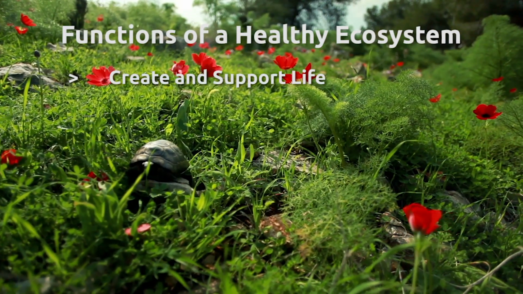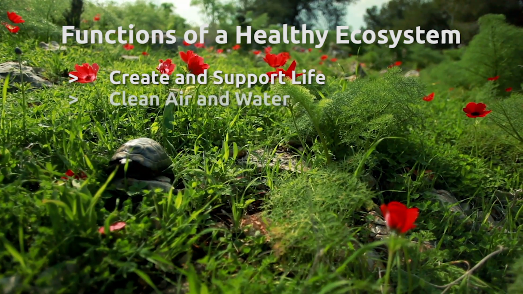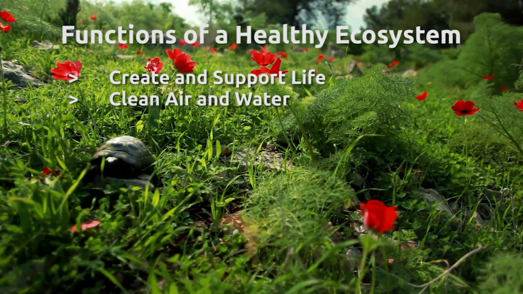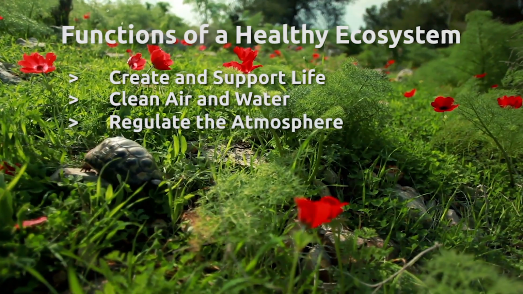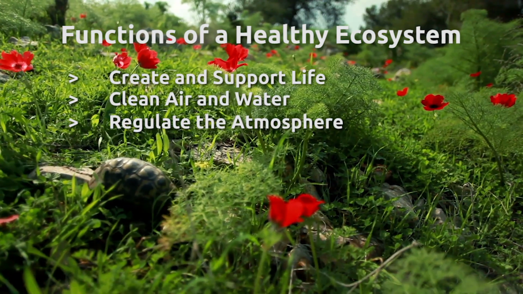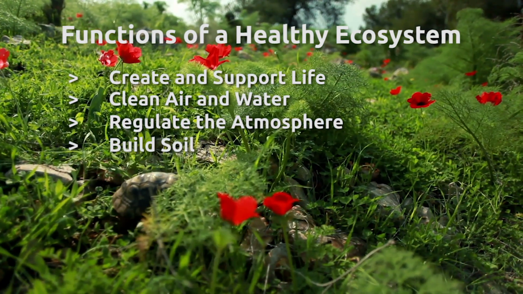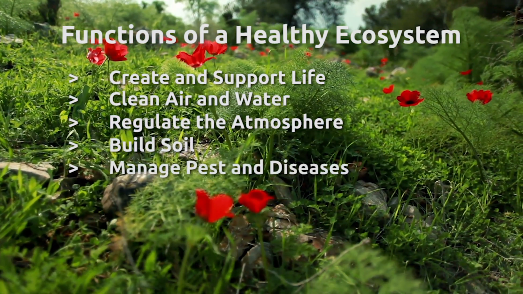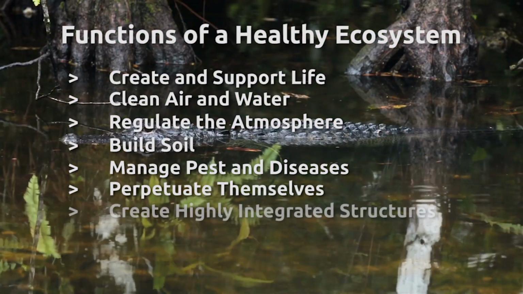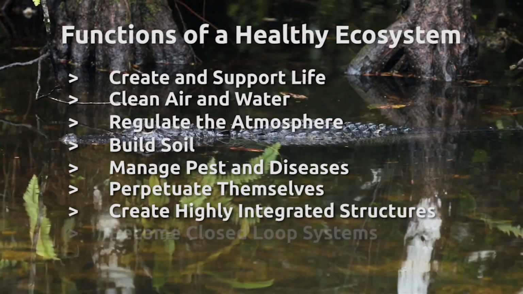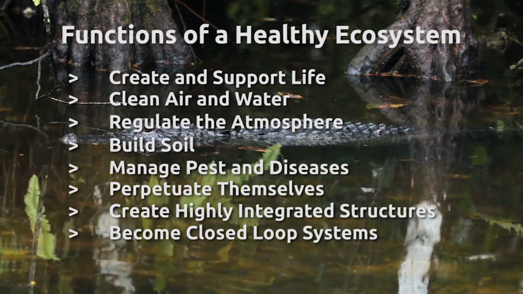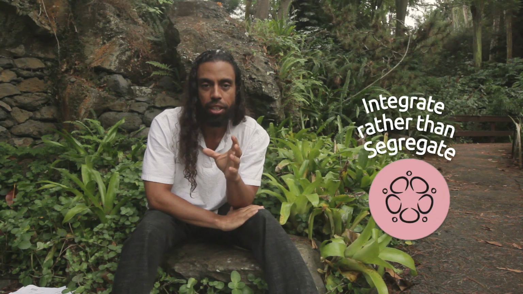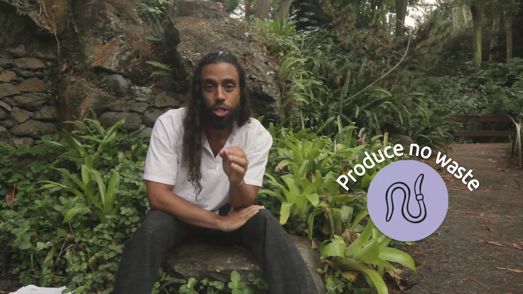Functions of a healthy ecosystem are to create and support life, to clean air, to clean water, and sometimes clean up toxins through various forms of natural filtration systems, to regulate the atmosphere through cycling carbon and nitrogen, to build soil together with soil microorganisms, to manage pest and disease, to perpetuate themselves, to create highly integrated structures, and to become closed loop systems. So to have a closed loop system, you know that it's fully integrated, it's not segregated, it's producing no waste,